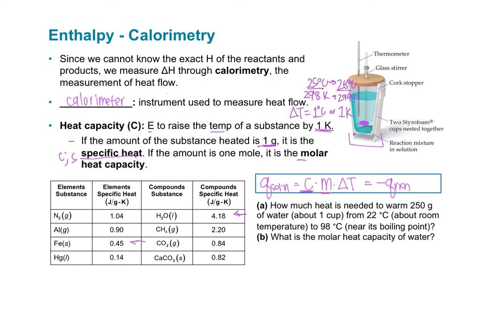Now m here is the mass, and T is that delta T. So why are these the opposite sign? If I have a reaction happening, let's say it's exothermic, so it's releasing a lot of energy. If I know something's exothermic, then its delta H should be negative. But if it released a lot of energy, that temperature change is going to be positive. I'm going to see the temperature of my solution go up.